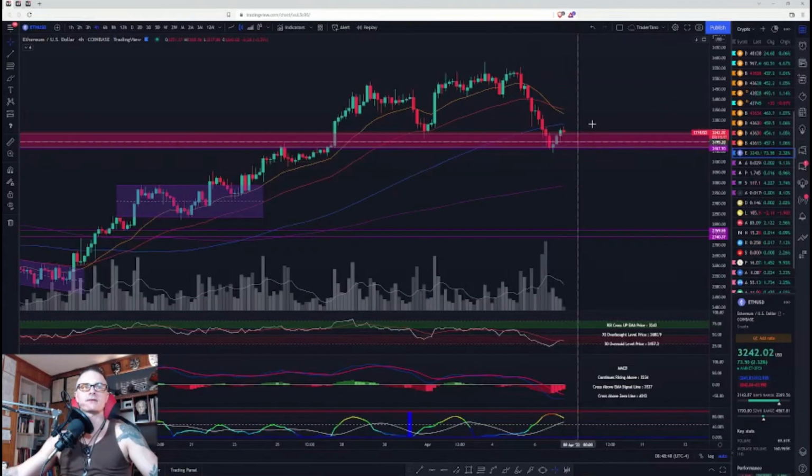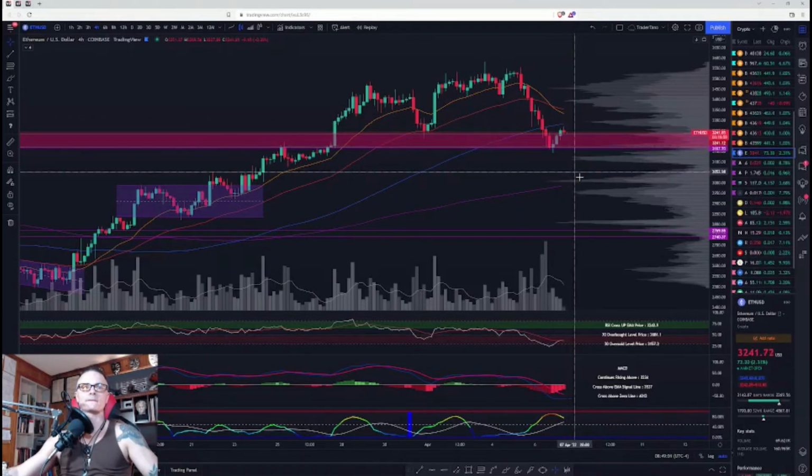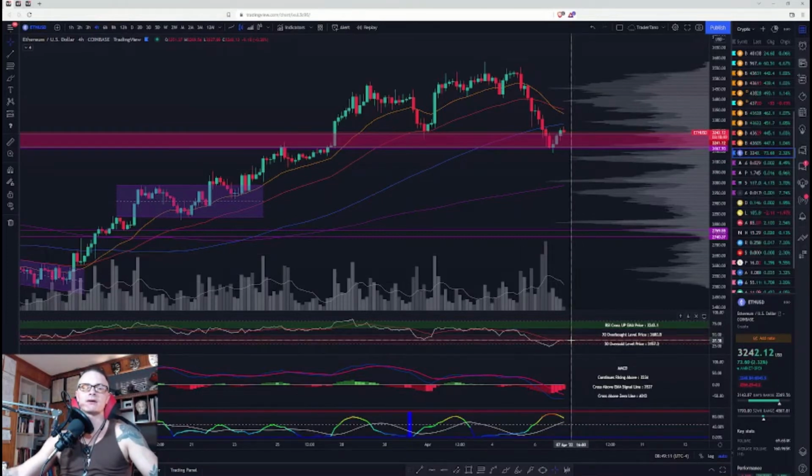All right, so here on the 4-hour, your moving averages, your 21 and your 50 do have negative slopes. As long as they don't cross the 100 at the same time, that won't be too bad. If we do, we'll talk about the upside and downside targets on the 1-hour. Bearish control zone, we are just,